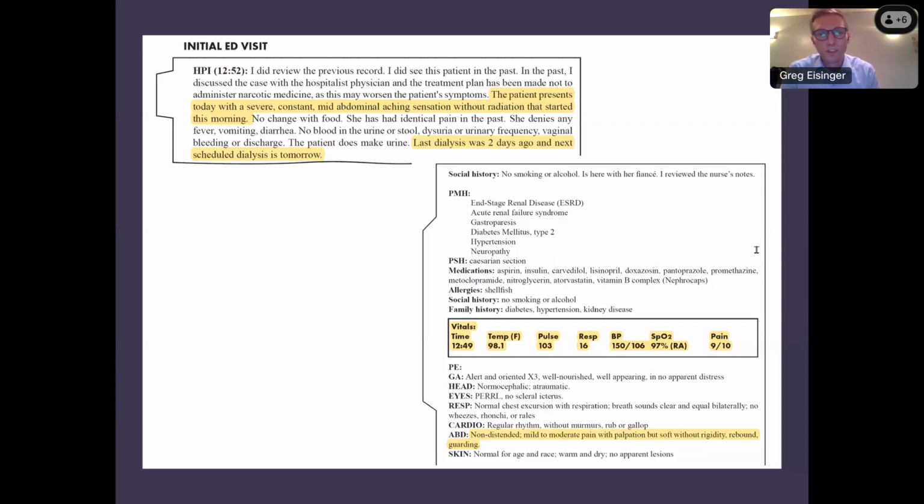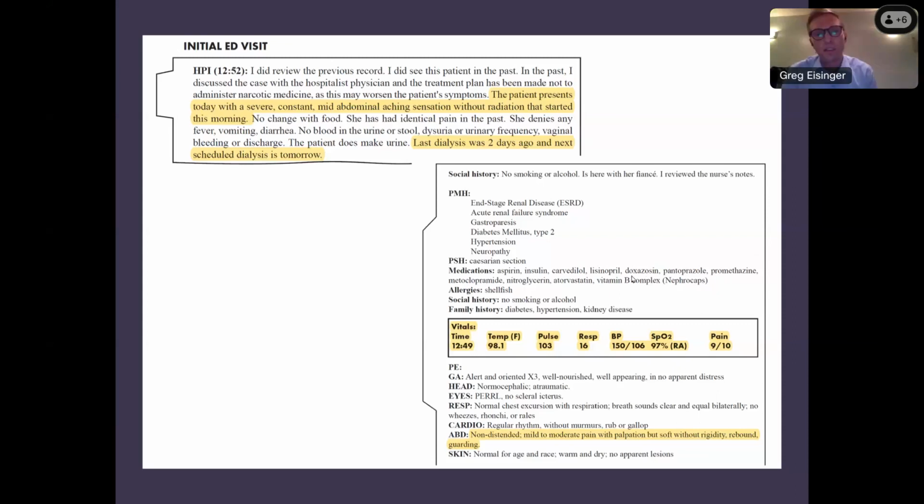The HPI here alludes to the fact that this is a patient who presents very frequently with abdominal pain like this. She has a history of gastroparesis, and it'd be really easy to anchor onto that. Nonetheless, she's at high risk for a number of complications: vascular, metabolic, and infectious complications, as we mentioned. And so I think most of us are going to go ahead and at least order a panel of basic labs on her. So, we rattle off, we're going to get belly labs.